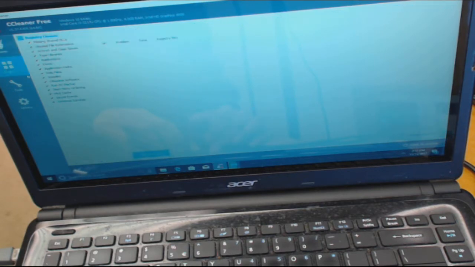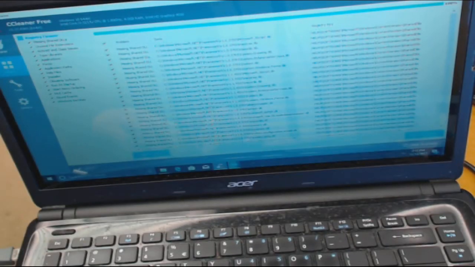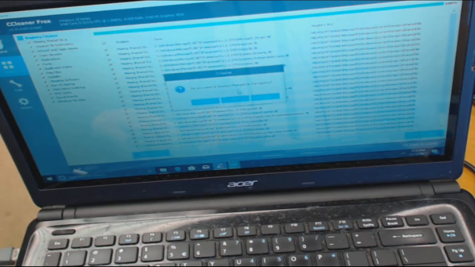So I'm going to click on registry and click on scan for issues, then click on fix selected items. Now what you can do is back up the registry, and we'll just say yes, because there will